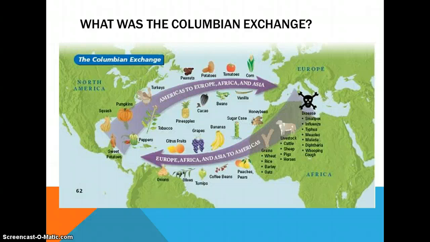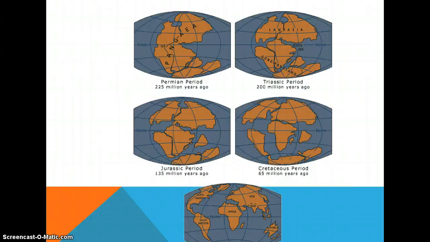So let's continue and let's talk about Pangea real quick. Now, if we talk about the Columbian Exchange, there's one thing you have to understand, which is that at one time, all the continents were together. And that means we didn't have this division that we'll have before the Columbian Exchange, where some animals are living on one side, some plants are living on the other side, because it was all one big continent with many animals. But this was 225 million years ago and there were no people at this time. So this is Pangea. And what happens is over time we see the continents spread out.